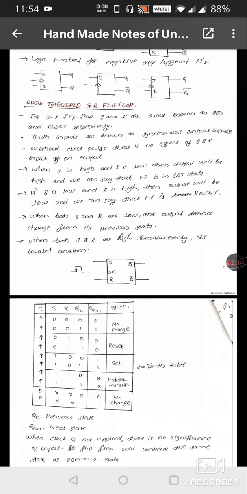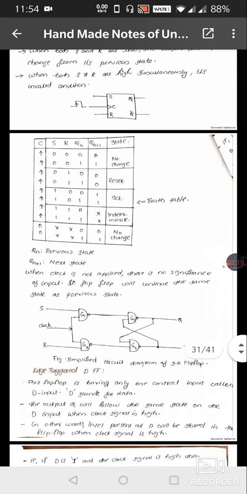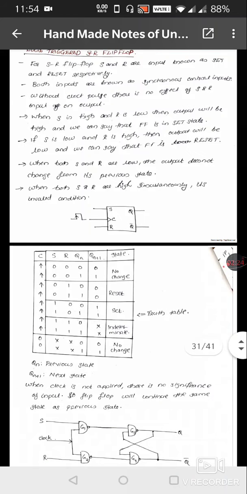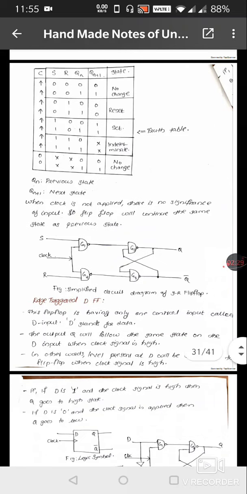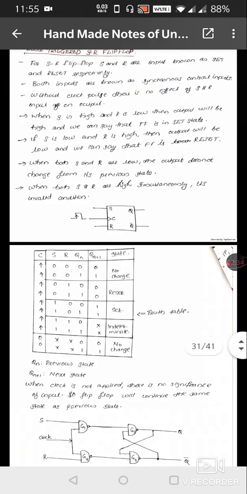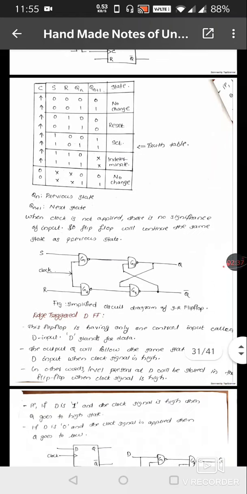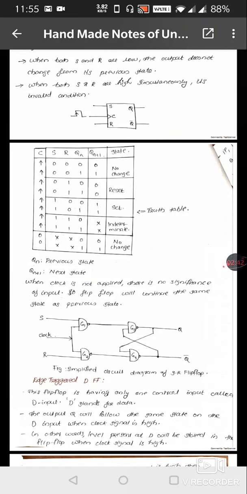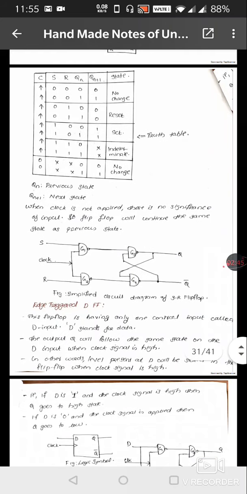Both inputs are known as synchronous control inputs. This is the truth table of the SR flip-flop, and above that there is a circuit diagram of the SR flip-flop. This is the circuit diagram, and that's the representation of the SR flip-flop. So the truth table which we can get from this circuit diagram of the SR flip-flop is